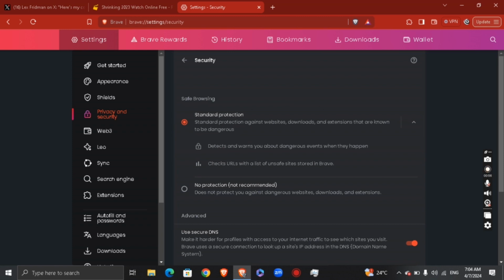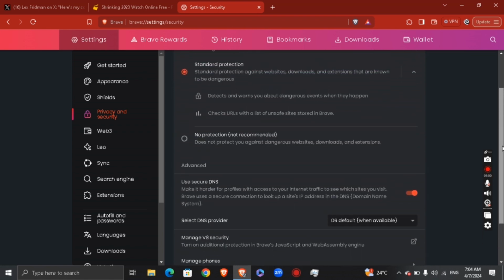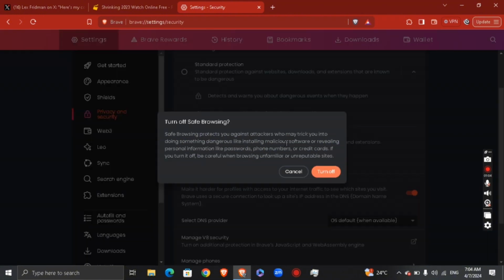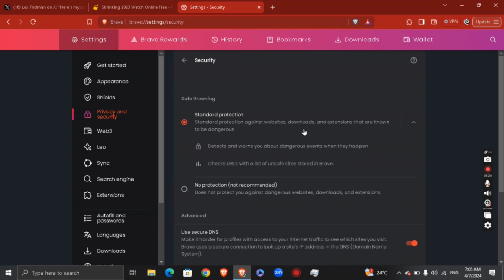So in order to proceed with my downloads, I'm going to hit no protection and turn it off, and then follow through and continue downloading your file or whatever it might be from that website that doesn't allow you to download from your browser. And after you finish, make sure that you turn it back to the